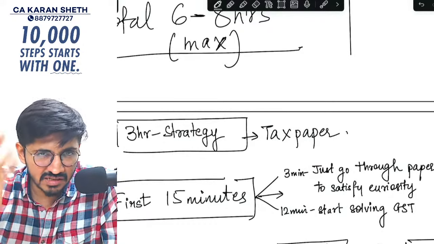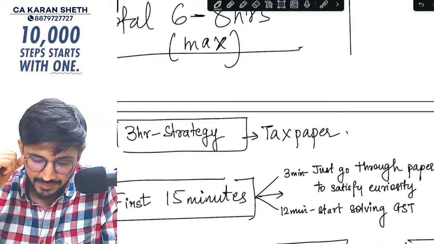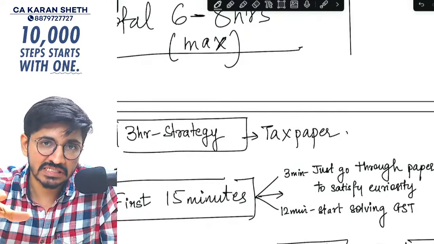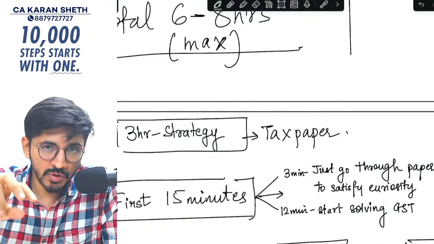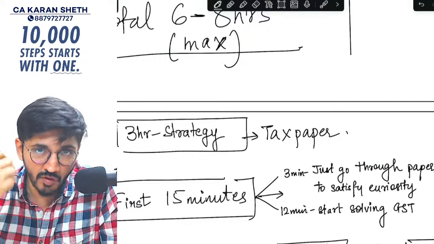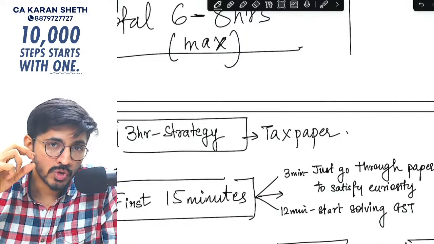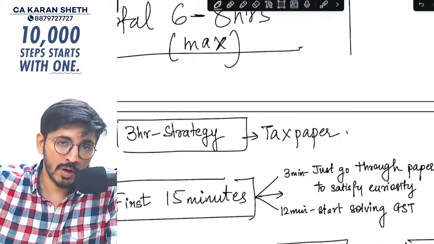First 3 minutes, go through the entire paper. Then 12 minutes, very crucial, get to business. Considering that your GST is pretty good and that is your best foot forward, on that presumption I'm telling you, in 12 minutes do the GST subjective questions only, because the MCQ you will get